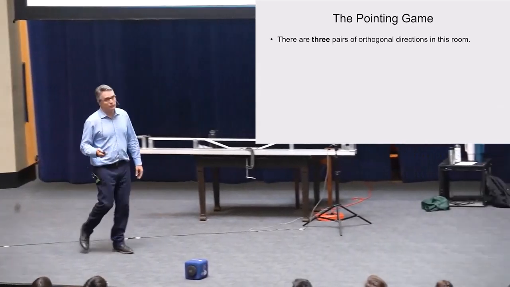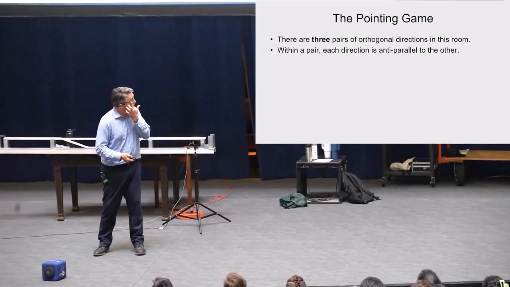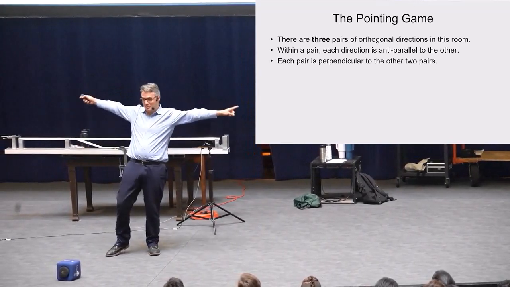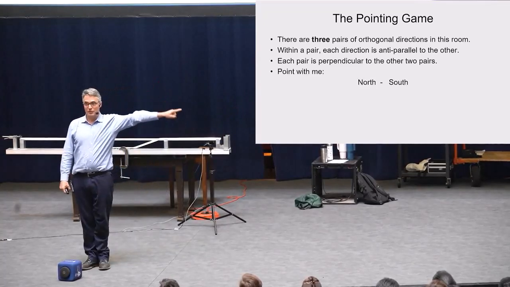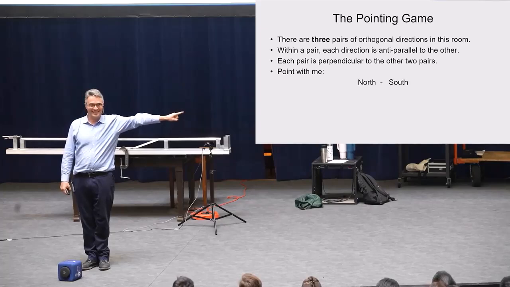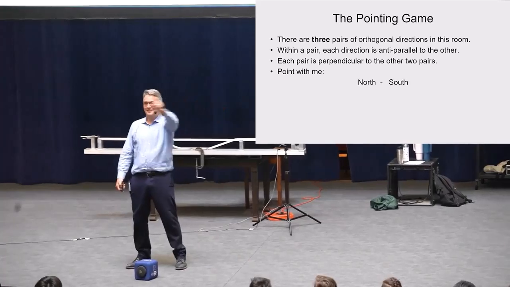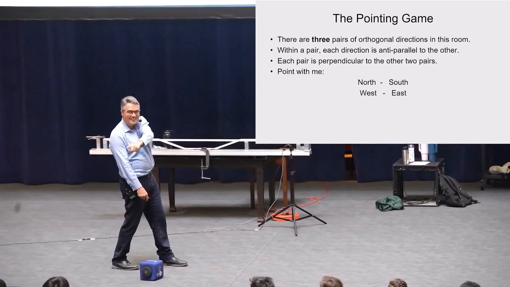There are 3 pairs of orthogonal directions in this room or in the universe. And within a pair, each direction is anti-parallel to the other. So anti-parallel just means the opposite direction. So maybe point with me. So we're going to point north, I think, and south. North, south, west, east,